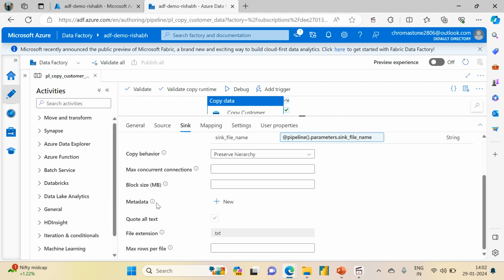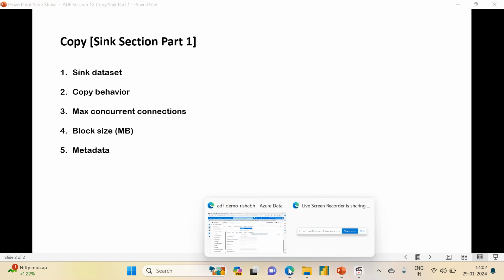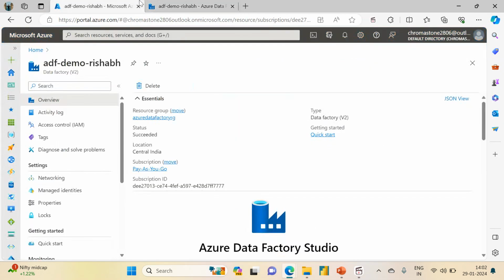Now the metadata part is something that we are going to focus on. So we have covered the sync data set, copy behavior, max concurrent connection, and block size. Now we are going to demo what is metadata, how the metadata is being used. Okay, so let's go back to our data factory,